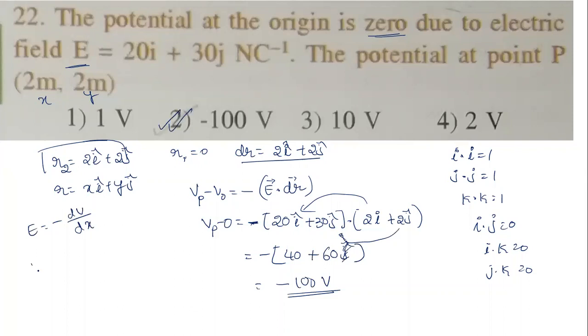Always remember this formula: E equal to minus dV by dx, or dr, whatever you're taking. And again, V_B minus V_A equals the integration with a negative sign from A to B of E dot dx. If you take B minus A, you should take A to B. These two play a very important role because many questions will appear in this case. If the question requires it, integrate. Here integration is not necessary, so I'm not going to take that integration now. Look at the next question.